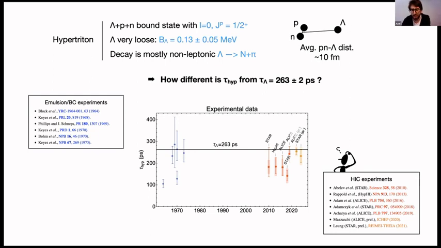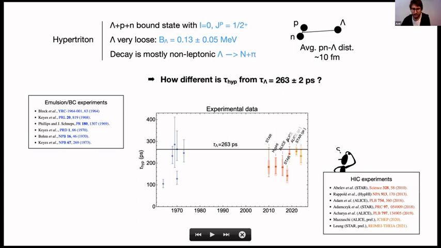So on the one hand, we have this puzzling set of data. They are somewhat contradicting, and on the other, we actually want to know the lifetime and see if it's actually smaller than that of the lifetime of the lambda in free space, as these data seem to indicate, or actually not. We have also these preliminary results in orange from talks and web seminars, and they seem to indicate that the lifetime is actually very compatible with that of the lambda in free space. So I guess we'll have to wait and see for more data and see if it converges to something.